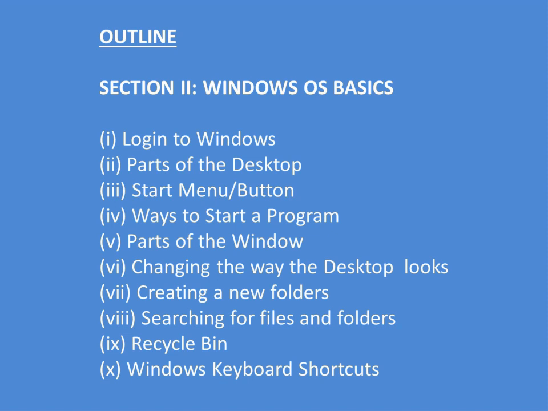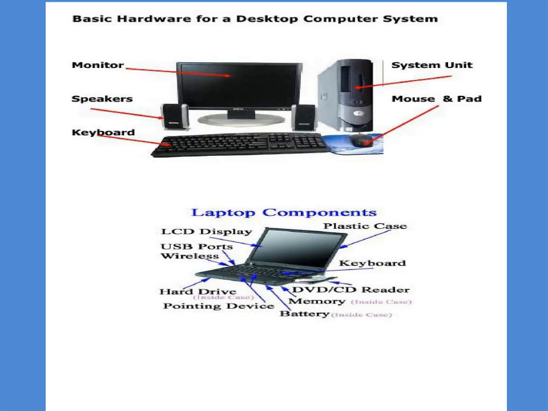So we all know what the computer systems look like. The first up there is actually your desktop computer system. We call it a system because a computer is made up of several parts. Even in medical school, the human body is a system. So the computer system is a system because it has several parts that actually have to work together to achieve the intended goal. So you have the monitor, you have your speakers, you have your keyboard,